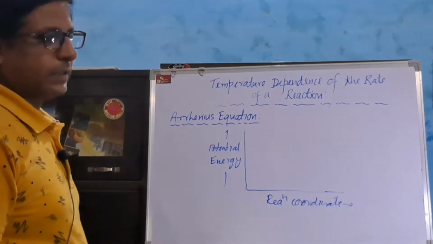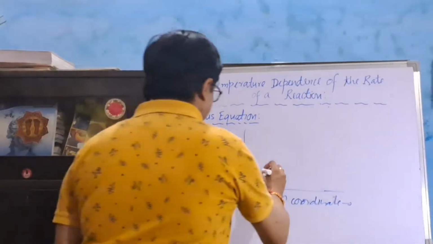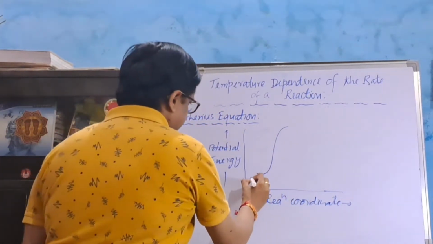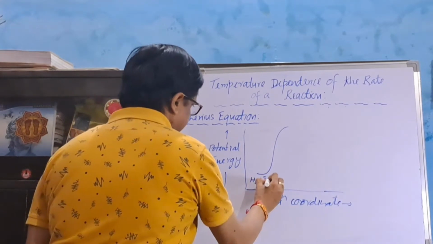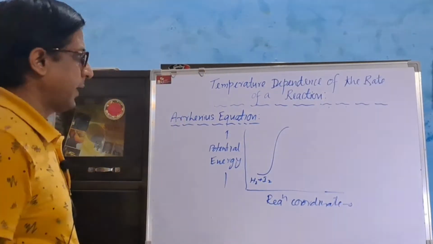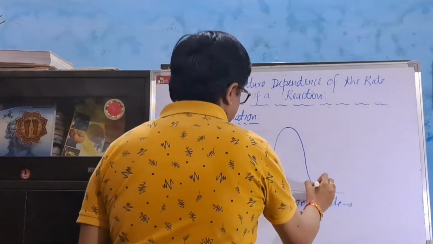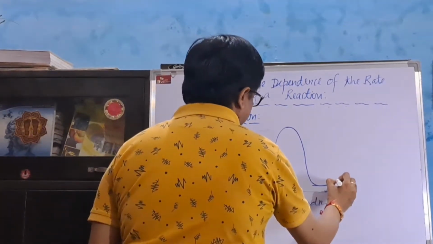Here in this case the reactants are hydrogen and iodine molecules. This is the energy of reactants, hydrogen and iodine, and the formation of product HI takes place